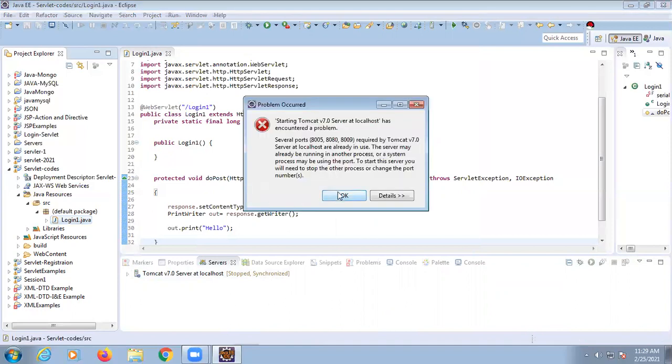If such an error is coming, like the port is already used by a different service, because by default Tomcat uses ports like 8005, 8080 and 8009. This is a common mistake which generally comes. So how to solve this?